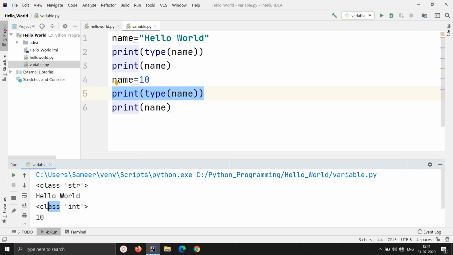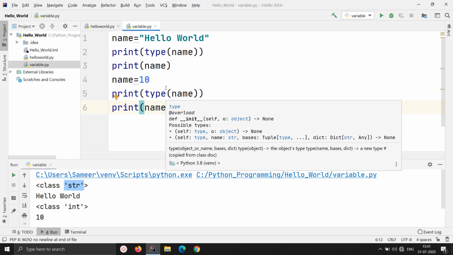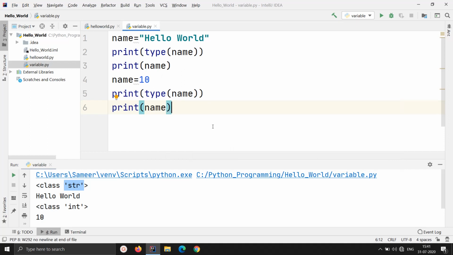We are going to see what this class means and what classes and objects are, but for the time being, just understand what it is telling us. It is telling us that the type of variable name in the first case was considered a string by Python, whereas the same variable name was considered an integer in the second case, just because we had passed different values to the same variable. And I'm again intentionally telling you this: unlike other languages where this kind of programming will result in an error, this is completely and absolutely valid inside Python programming.